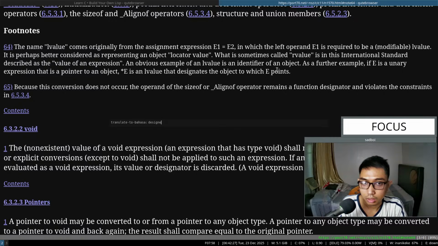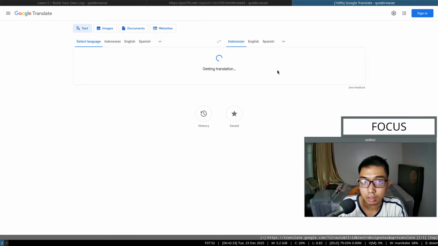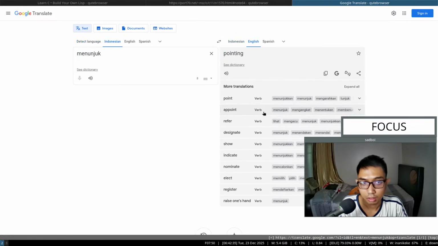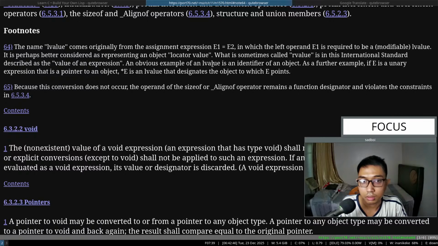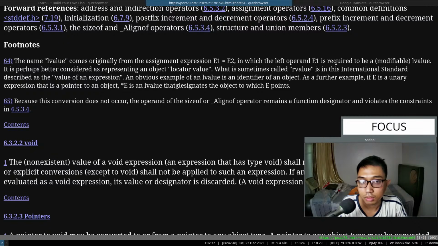Designate is like refer to, indicate, but yet designate is